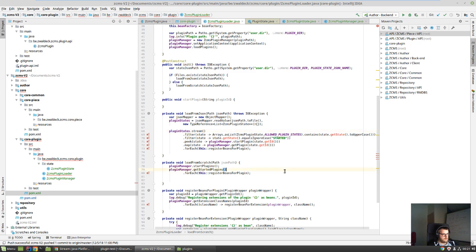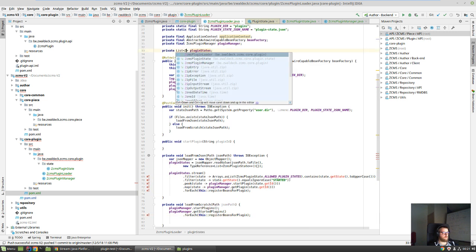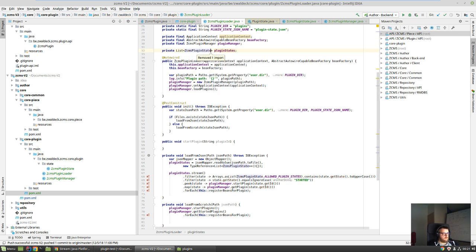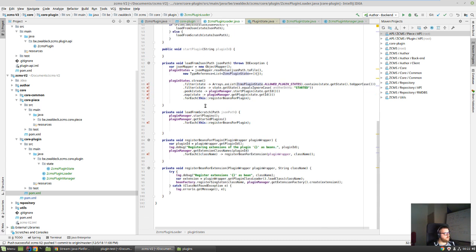So let's say plugin states. It's of course CMS plugin state. It fixes our errors. Who would have thought that writing it was so difficult? Well, I don't know. So